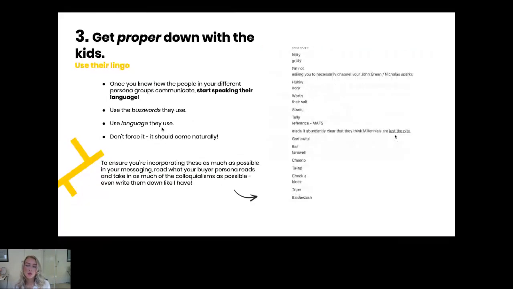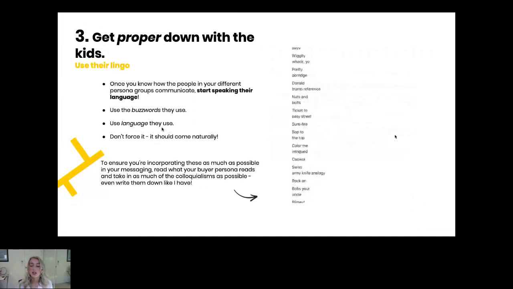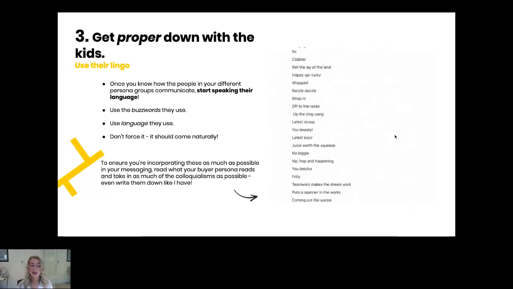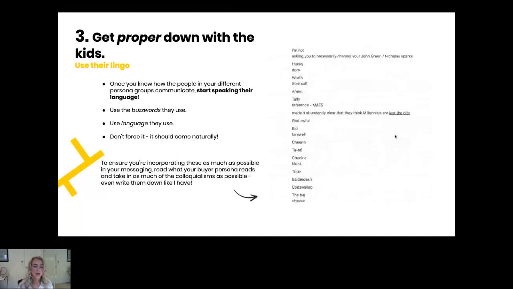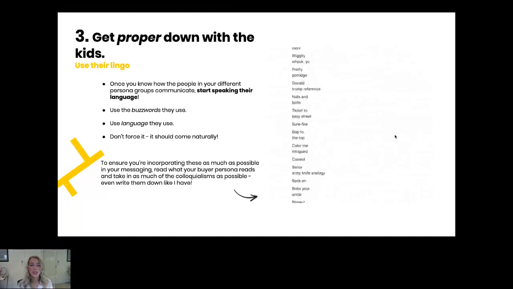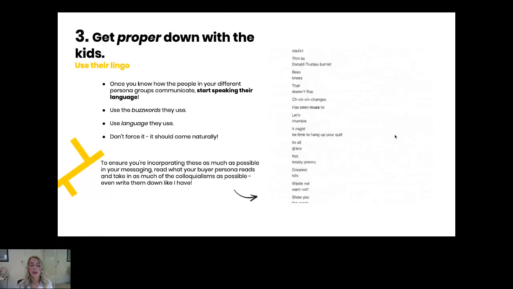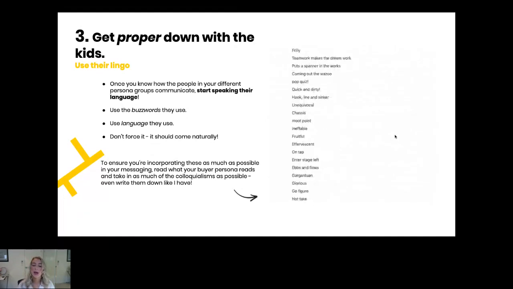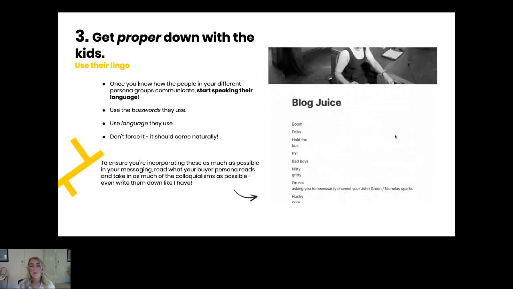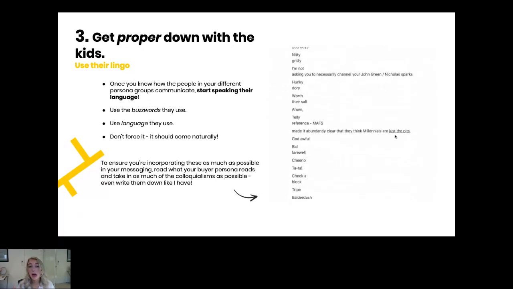As well as this, you want to make sure that you're using language that makes sense to them. So once you know how the people in your different buyer personas communicate, you have to start speaking their language. So use the buzzwords they use, the language they use, but don't force it. Ensure that it's not cringy. It should come completely naturally. To ensure that you're doing this, I would strongly recommend that you read books, read literature that your buyer persona